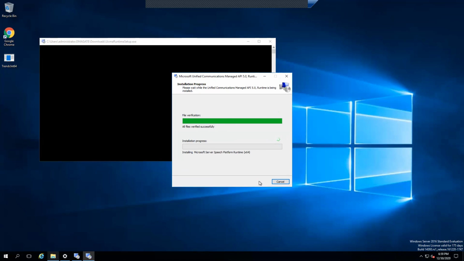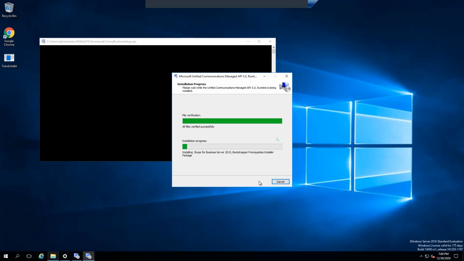So all these three things are compulsory. First is your .NET framework. Second is your UCMA, and third, one more thing is compulsory, which is Visual C++ Redistributable, which I'm going to install as a part of the Exchange installation.